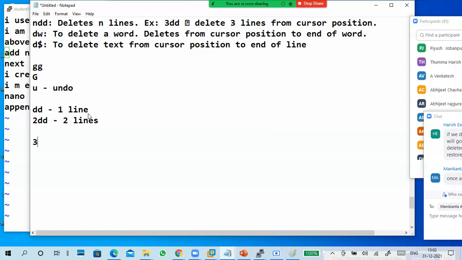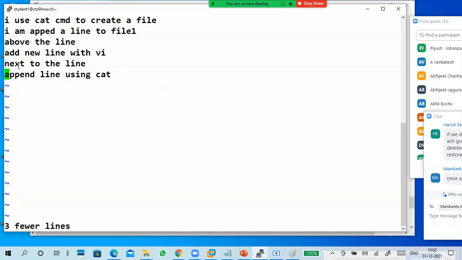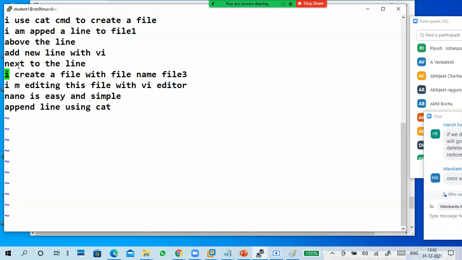If I put 3DD, three lines, the cursor line and the next two lines are deleted. I'm here, three lines, 3DD. Three lines are deleted. So that is DD.